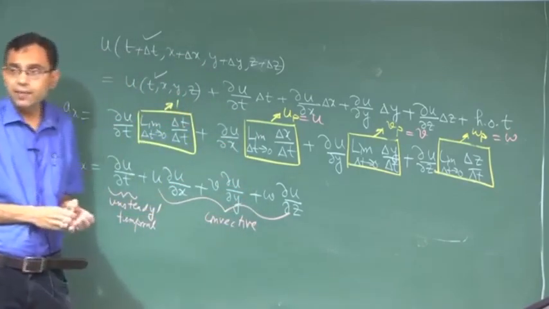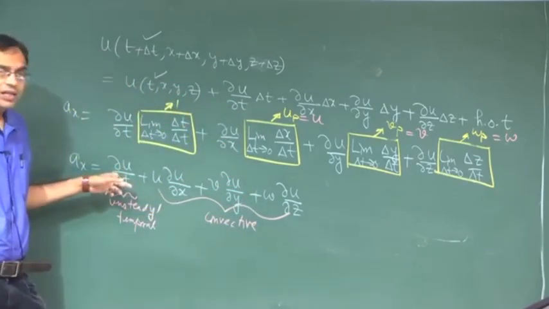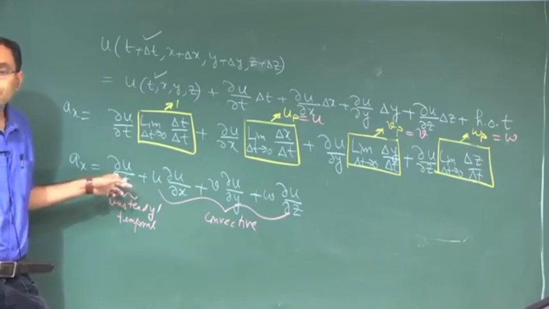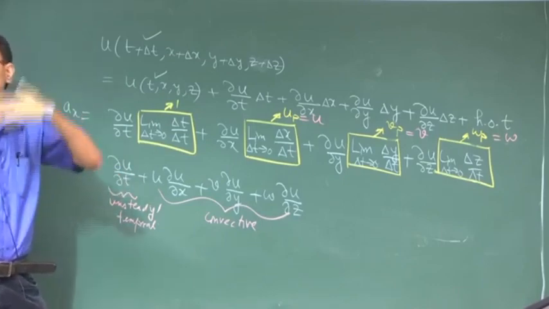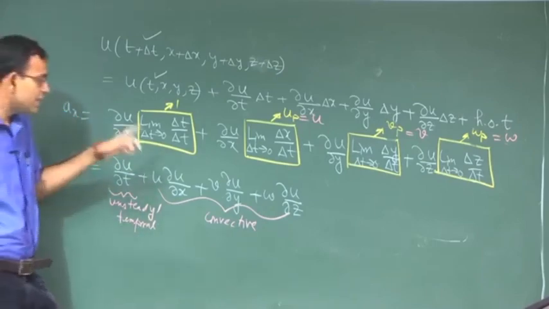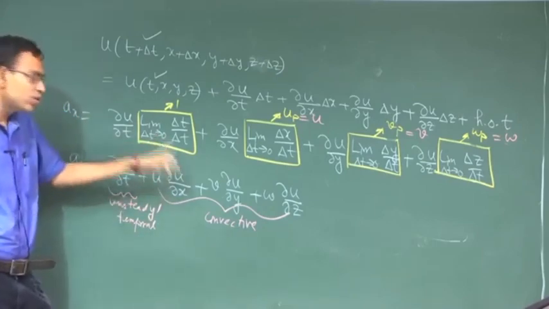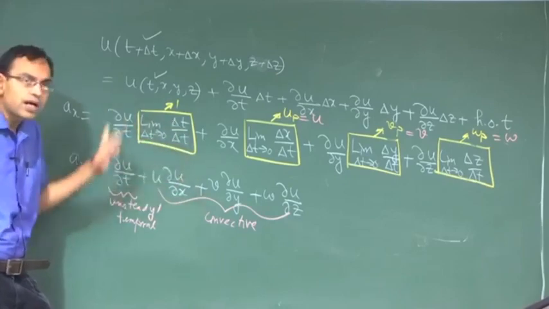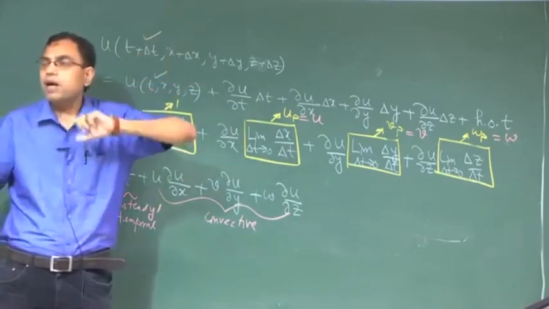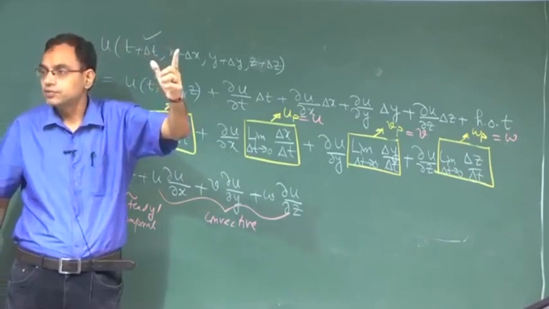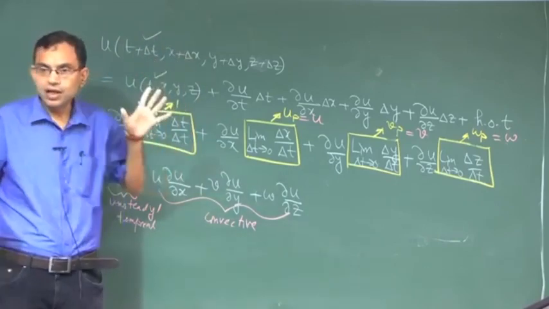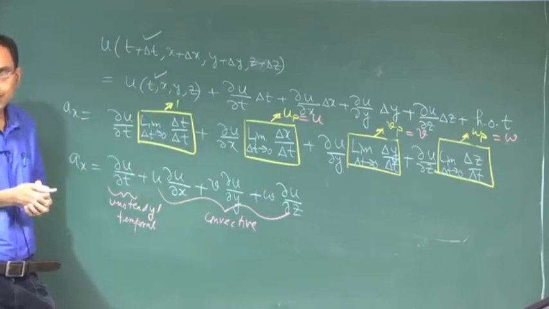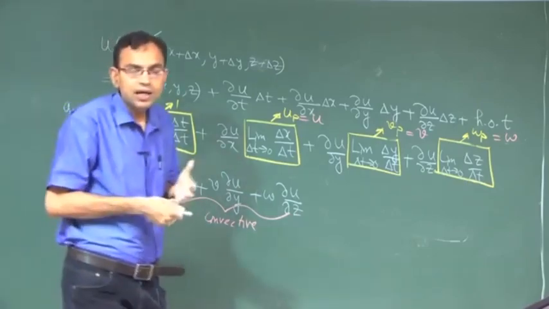So, physically this is the change of velocity, acceleration due to change of velocity at a given location just due to change in time, and this is physically due to the migration of the particle with fluid flow from one location to another where the particle finds a different flow field. So, the net acceleration is a combination of these two, and you cannot really say what the net effect is.